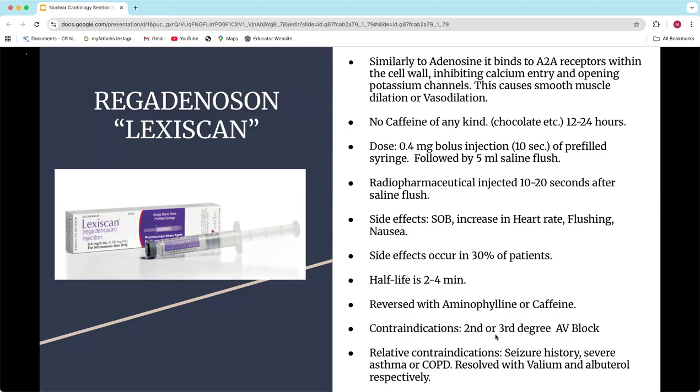If they do, you can pre-treat ahead of the Lexi. It's not going to cause a problem for the Lexi, but it's just going to mitigate that asthma issue that could pop up. In our department, we actually have albuterol stocked that we can give to our patients if they need it. But that's one that can pop up easy, is that asthma or COPD. And that's resolved with albuterol. For the seizure history, you can have Valium on board. But Valium isn't something that you can give as a tech, so usually that's why I say you have to get a provider involved at that point.